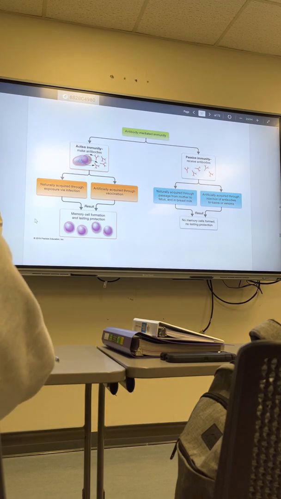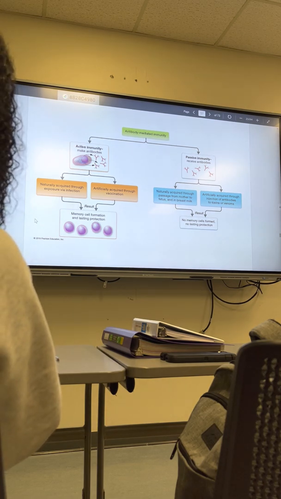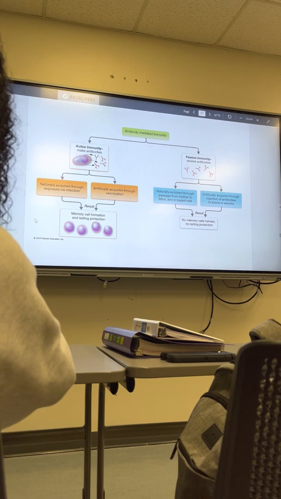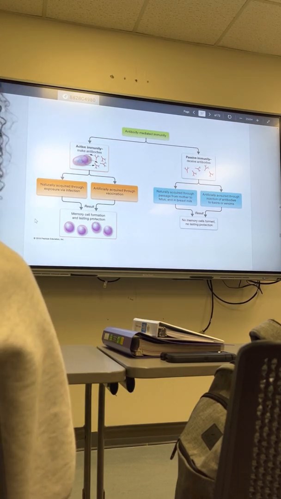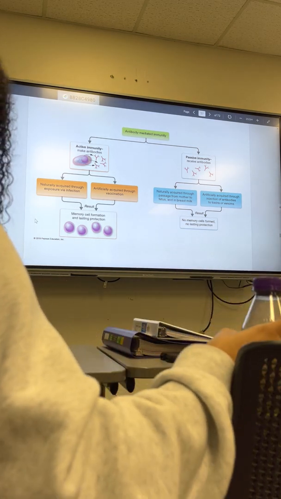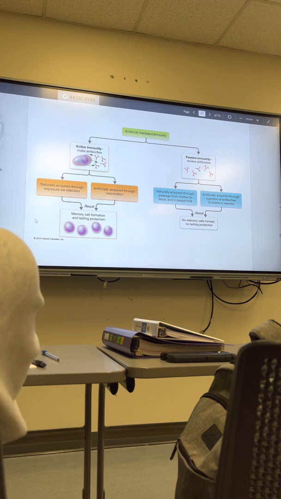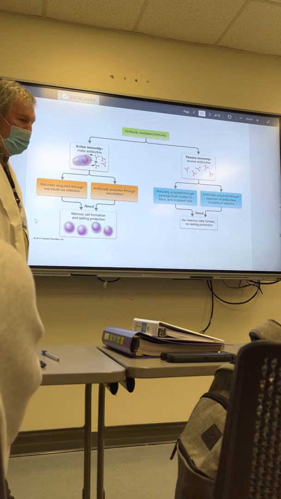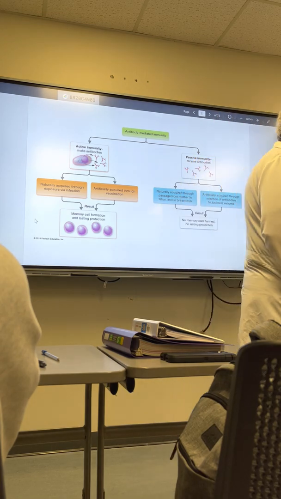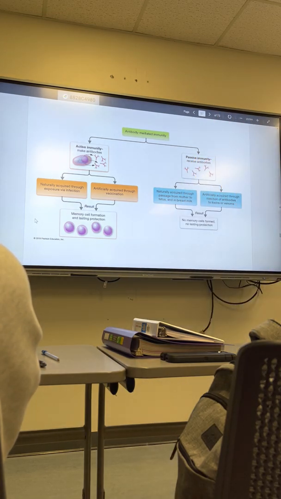Question? So if a mom gets the COVID vaccine, and she's pregnant and then she gives birth, the baby has the antibody for COVID? Yes. But then you said it only lasts for a few weeks. Yes. So technically the baby doesn't have it. No. But at least if that baby continues to breastfeed from mom,